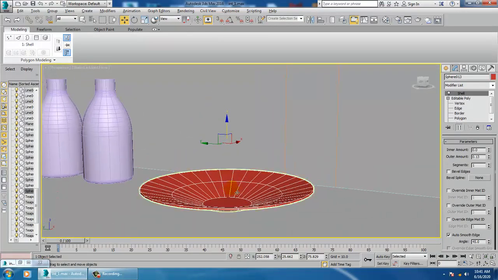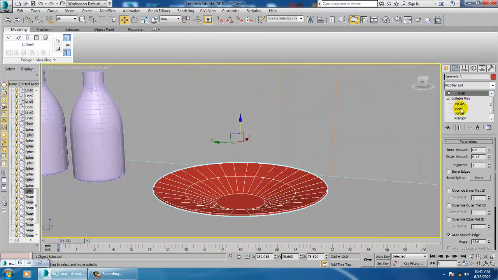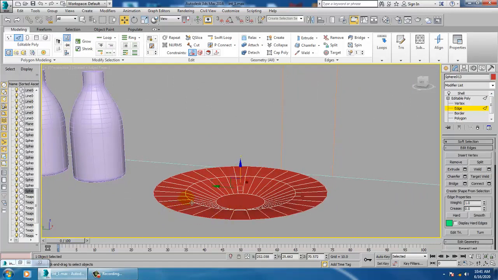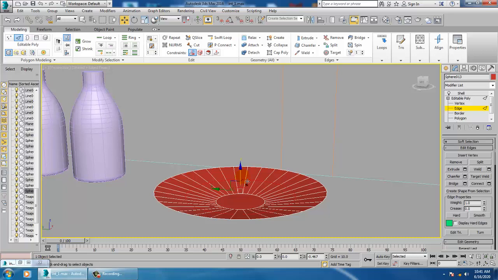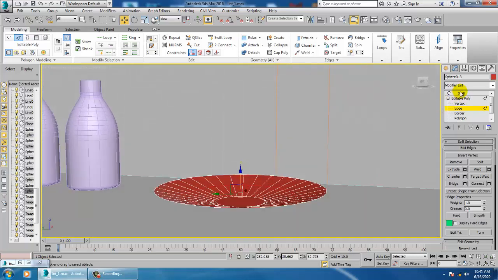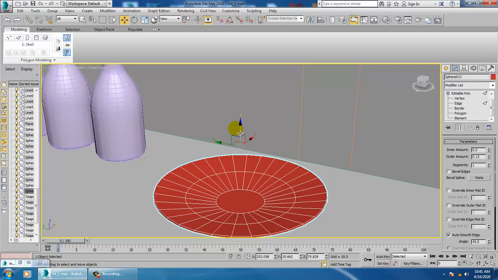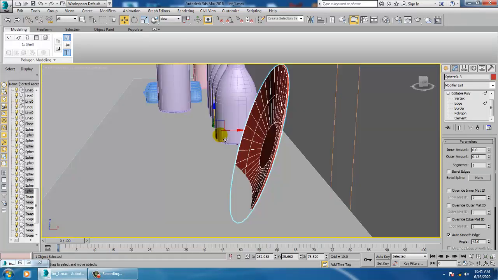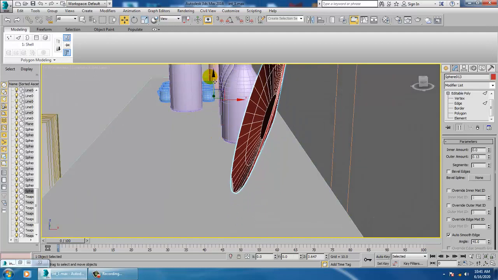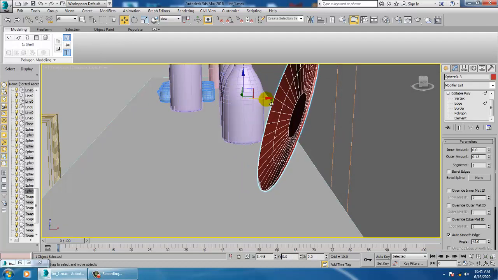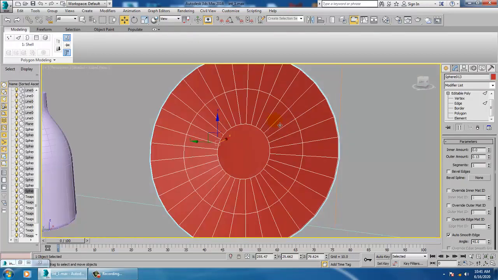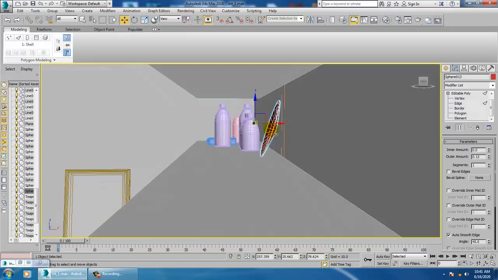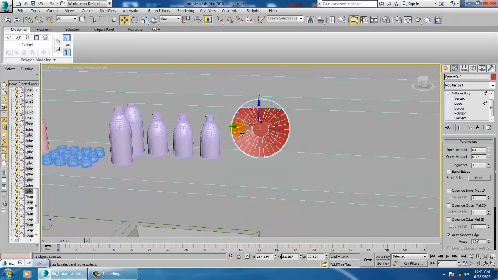So it's just a basic stuff which we have created. We can keep the plates in this way over here.